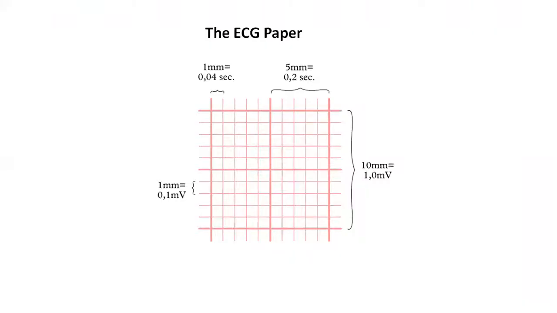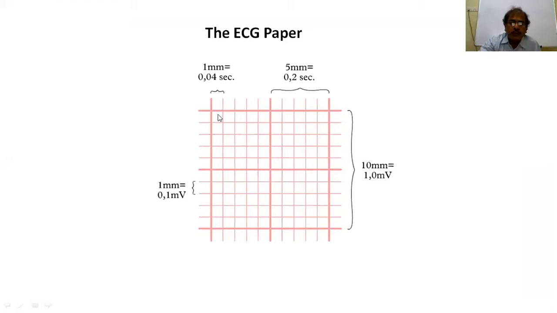Now, before we learn how to determine the rate, we have to know something about the ECG paper. You can see this grid. One broad grid is there. Then you can see five light straight lines forming a small box. Five small boxes horizontally comprise a big box. So 5 into 5, 25 small boxes make up a big box.